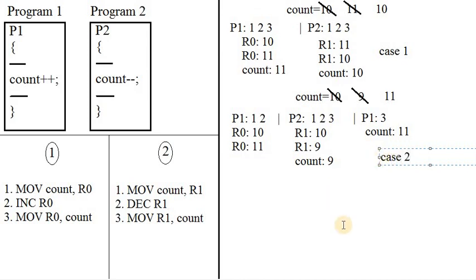Right? Now let us see one more case here. Let us change the order of execution. Before doing that, first let us take the count variable default value, that is 10 only, again 10. Then let us start our execution.